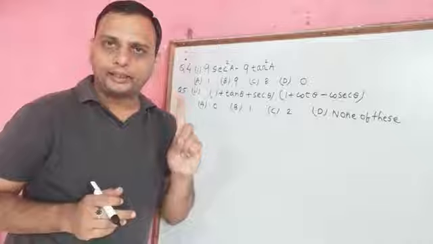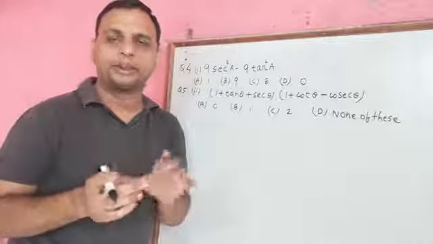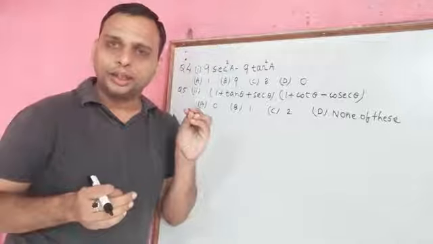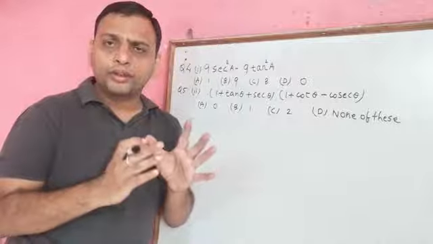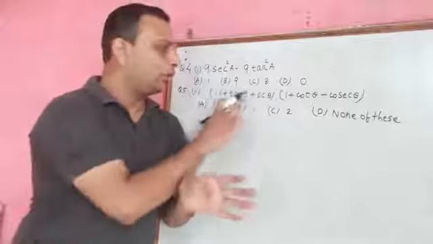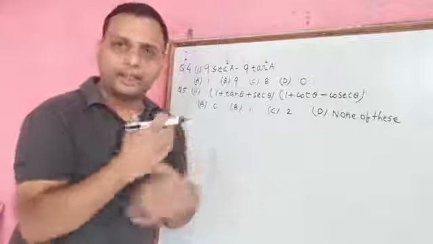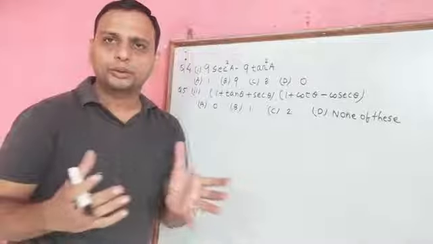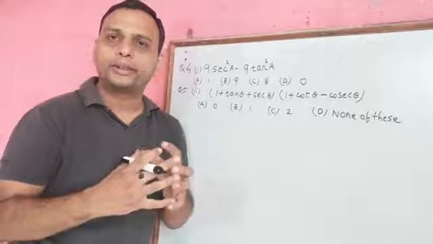First, try to apply the identity. If you can apply the identity, then much better. If you are not able to apply the identity, then you have to solve by converting the question in the form of sin and cos. Then try to either take the LCM or sometimes we have to rationalize. With these two ways, we will be getting the answers of the trigonometric questions.